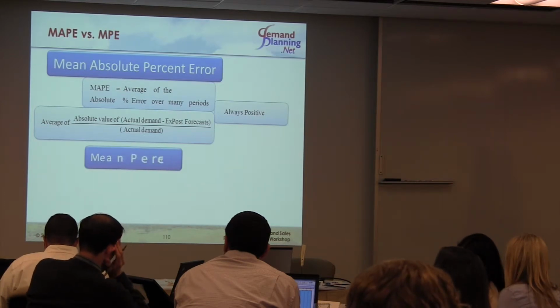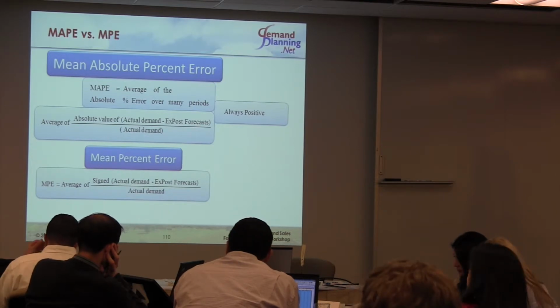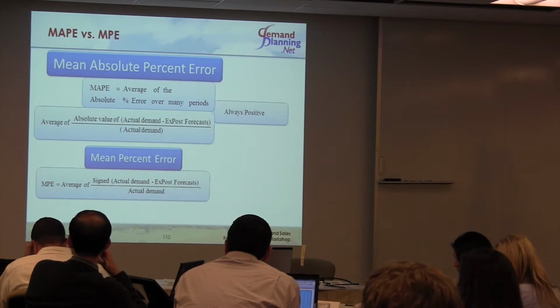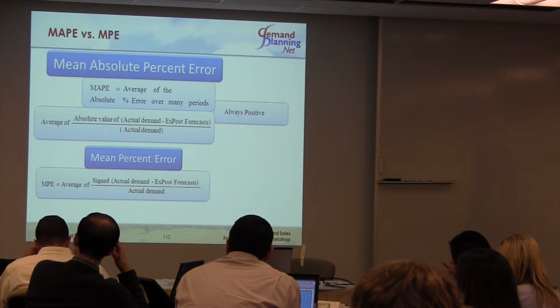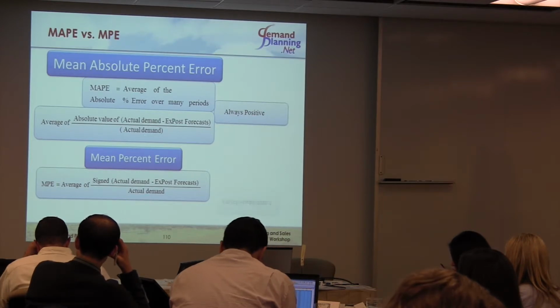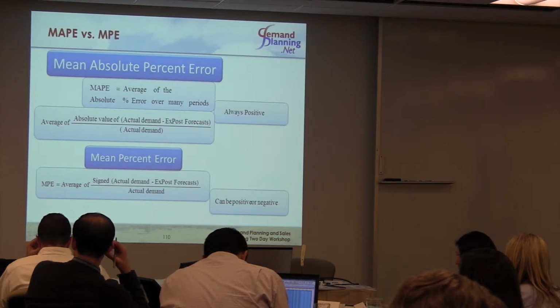Okay, so then you have MPE, mean percent error, which is nothing but the average of the signed errors. Meaning, you let positives and negatives wash off in this particular case. Right? You don't take the absolute percent error, you take the average of the signed errors. So ideally, mean percent error can be positive or negative. Magnitude should be smaller than mean.